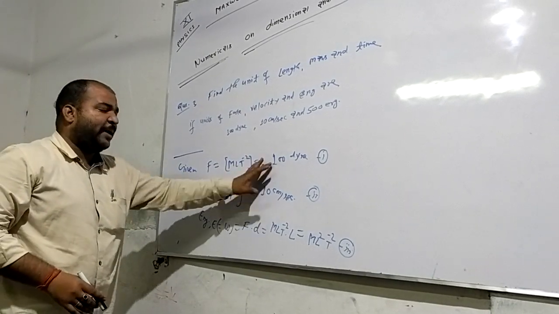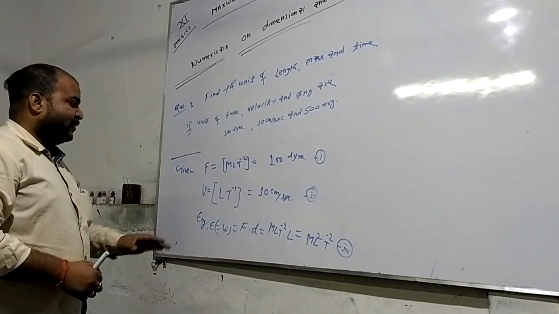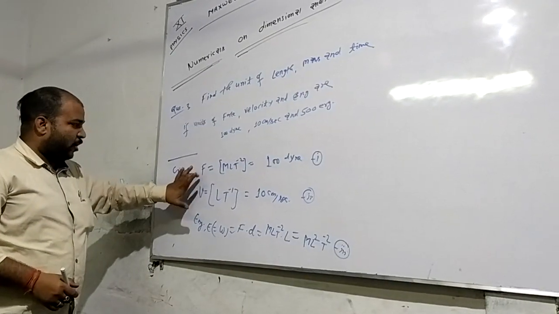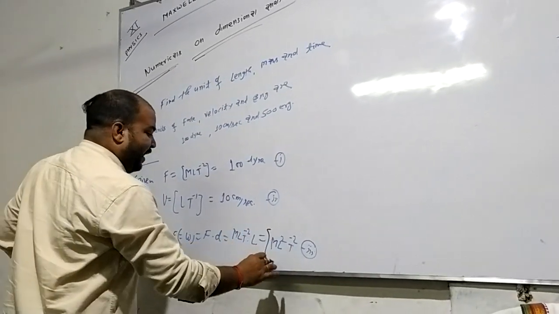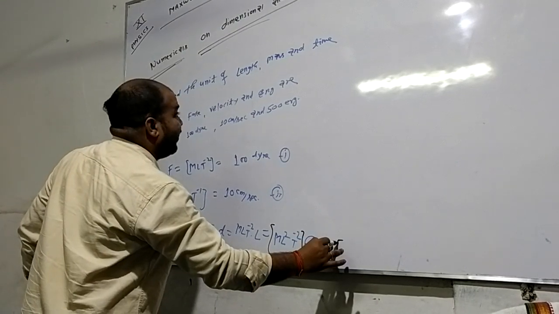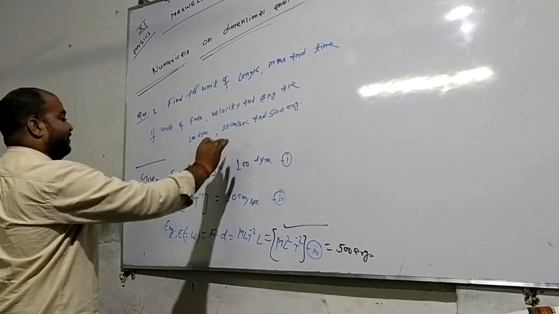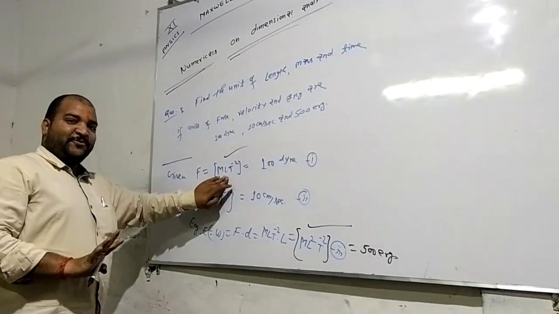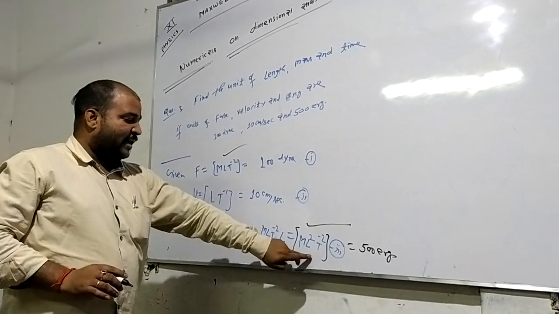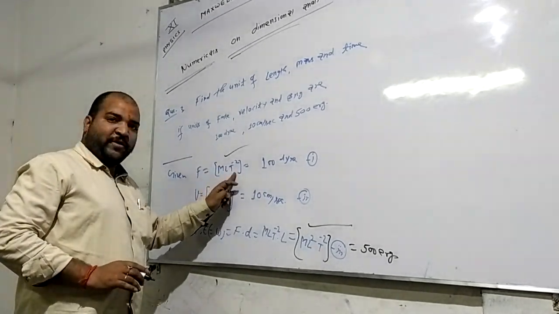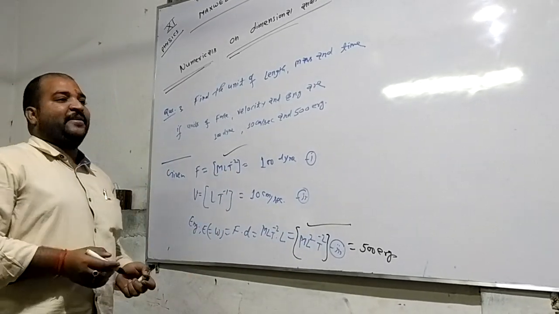Which equation is divided by which? That results in a single quantity. So if we look at this equation, first and third, we can say MLT minus 2 is given, 500. Look at this third and first, MLT minus 2, MLT minus 2. MLT minus 2 will be cancelled, the dimensions are the same, and L squared and L cancel, so one L gets separated.